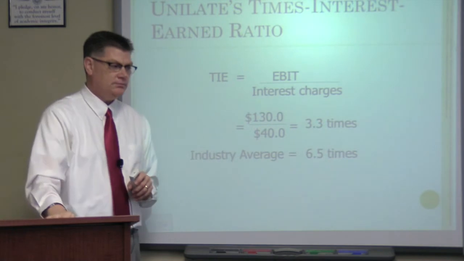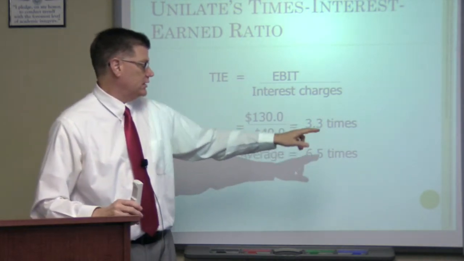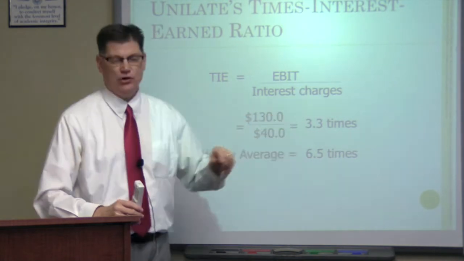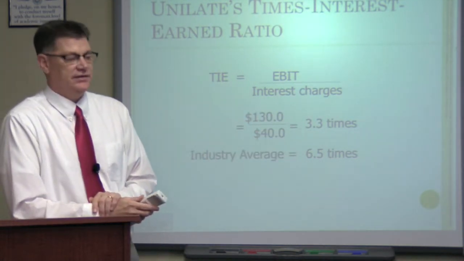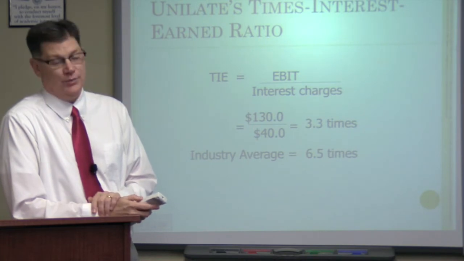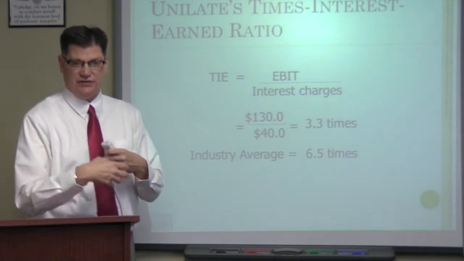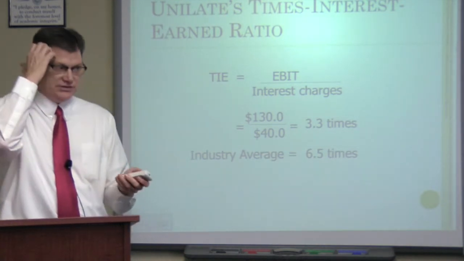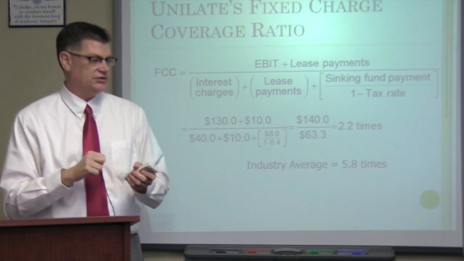Next, times interest earned. The industry is earning their interest more than twice what Unilate is. This tells me that they can't take on any more debt. The other indicator should have told us that as well, but this is just feeding more fuel to the fire that Unilate's in a little bit of trouble. Last is the fixed charge coverage